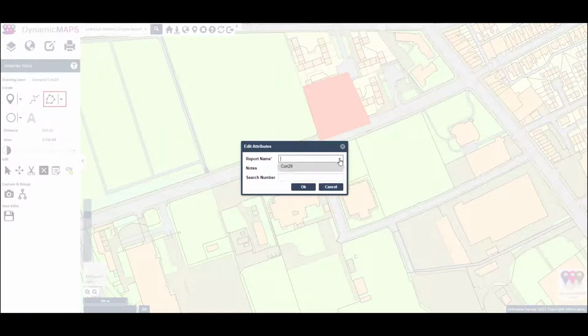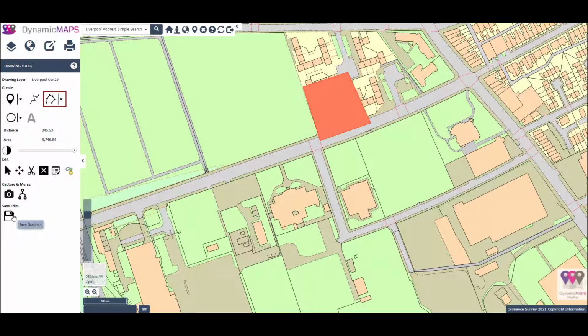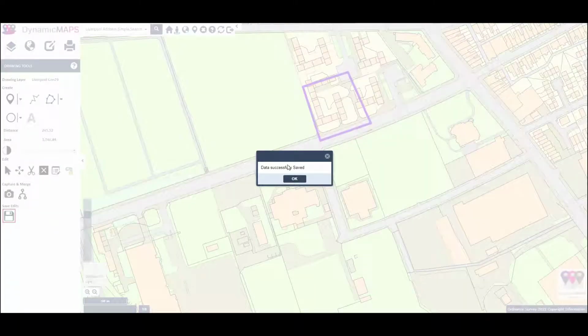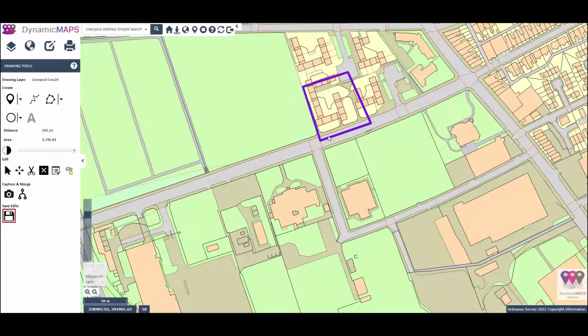Within the attributes, we now choose which report we want to run, so it could be a land charges report, or in this case Con29. We could put some additional notes and also a search number in, all of which will be added to the report once it's run. If we now save that record, press OK, MapThat is behind the scenes running our Con29